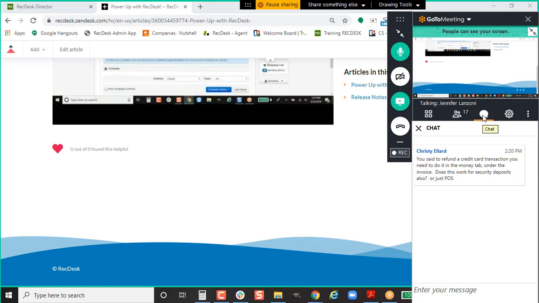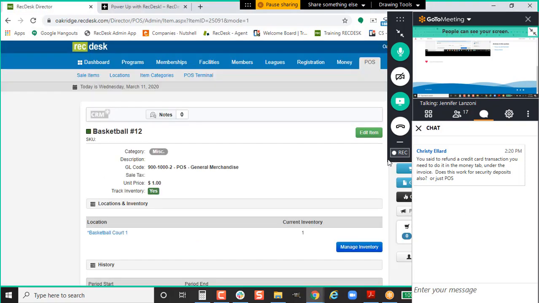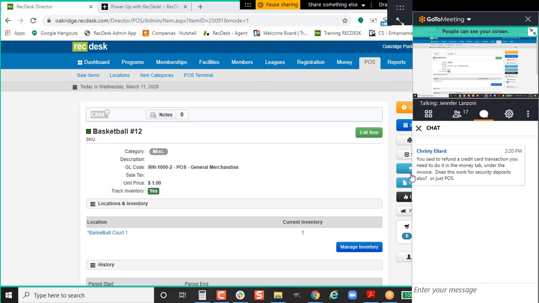So my first question is, you said a refund to credit card transaction, you need to do it in the money tab under the invoice. Does this work for security deposits also, or just point of sale? Christy, the way you normally do a refund for your security deposits is not changing. It's just because in the point of sale piece,